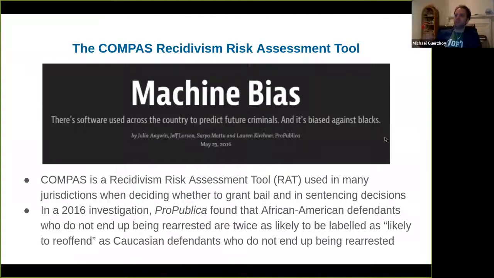last several years. So that's a dataset that ProPublica, a journalism outlet, obtained in 2016 and analyzed with respect to bias, with respect to race. So specifically what ProPublica found is that this system designed to predict whether someone would be rearrested or would reoffend was about twice as likely to label African Americans who would not end up reoffending as being likely to reoffend than similar Caucasian defendants.